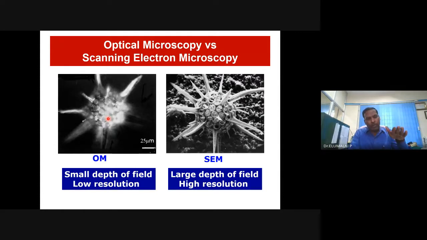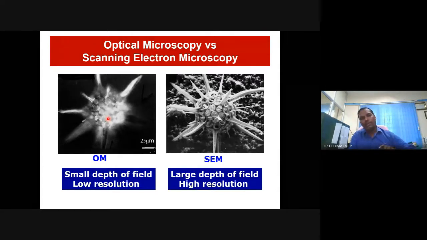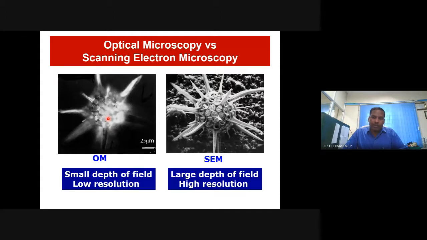Even if you approach closer to the material, you will not be able to have a resolution. It will be blurred. That is the inherent nature of the optical microscope. Then, thanks to these great people who got the Nobel Prize in Physics in 1886 itself, for using electrons to capture the images. Electron can be modulated. Electron can be focused using a magnetic field.